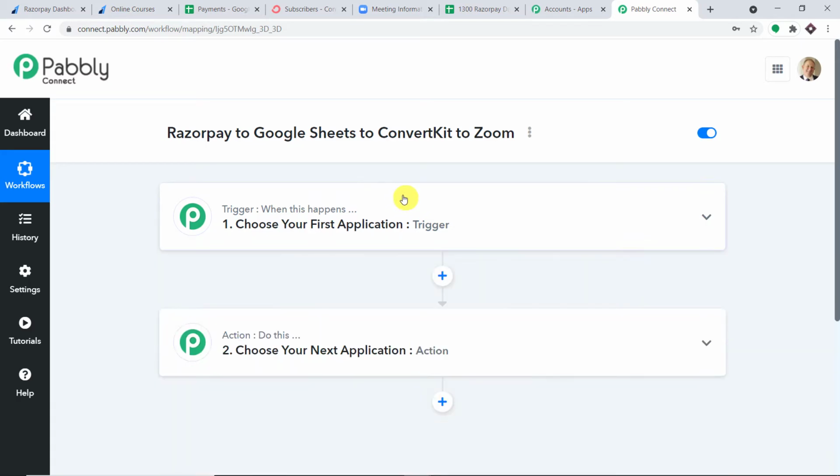So when you click on create, you will find two windows, the trigger window as well as the action window. So what's the deal with the trigger window as well as the action window? So when you're talking about automation in Pabbly Connect, it works on the concept of triggers and action. The trigger generally means an if statement. It asks a question, if this happens, then what should be done? For example, if a new payment is captured or a new payment is made in Razorpay, then what action should be taken by the system?